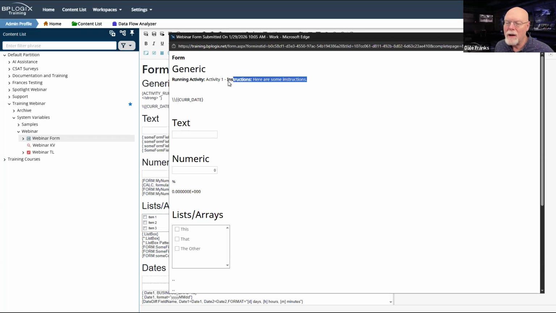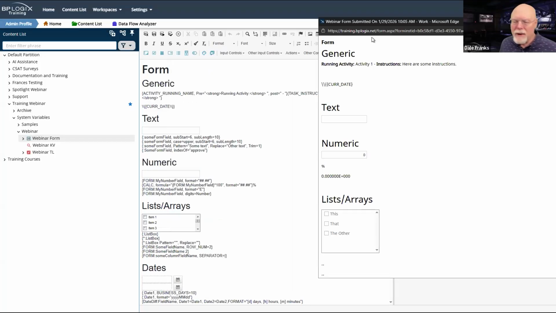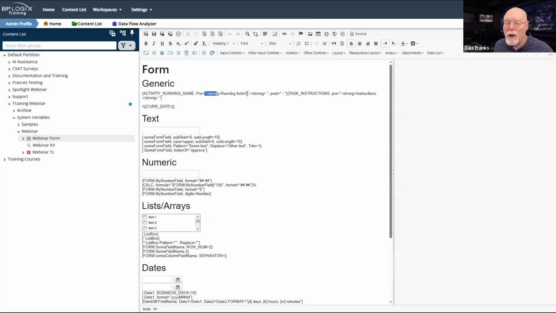And then here is the task instruction system variable with just the pre-text on it. So the pre and post are often very, very useful to have to append things to a system variable. These are generic, so they work with pretty much all text system variables.